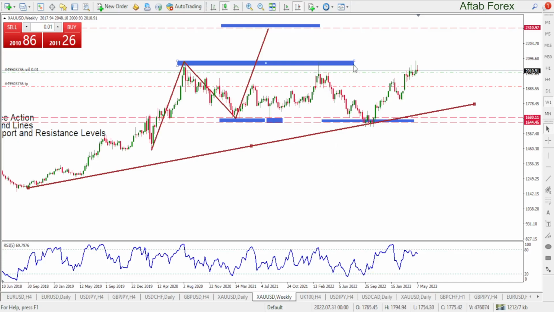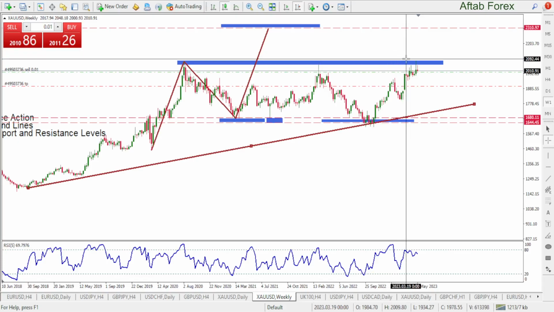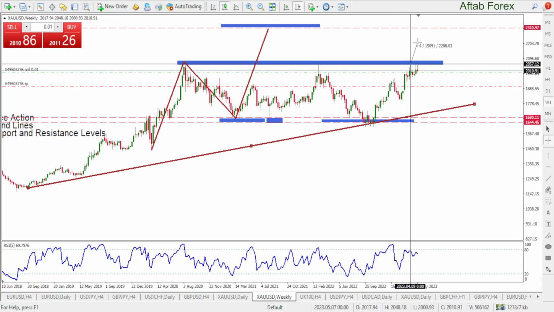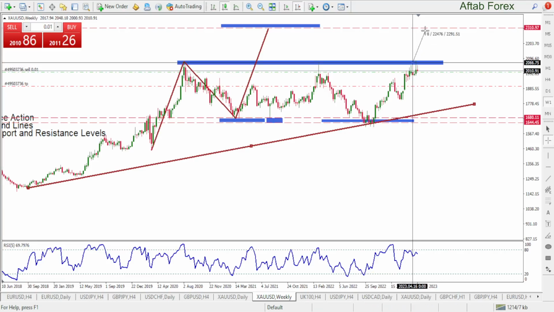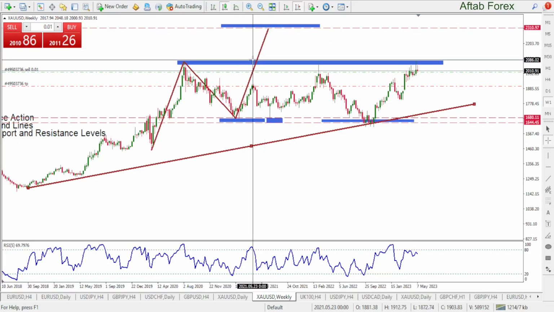And if I extend it to this side, it will still be at a resistance. If you have some experience in forex trading, you will know that near resistance levels we don't take any buy trade, and it has a specific reason why. This is a resistance zone, and if I take a buy right here, my target is just this much. Just have a look at it.